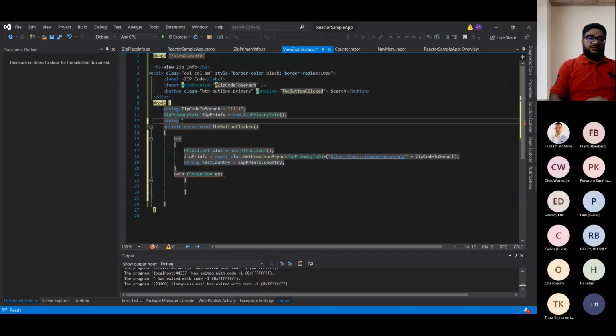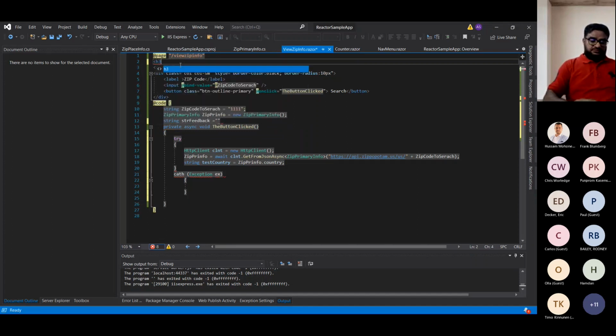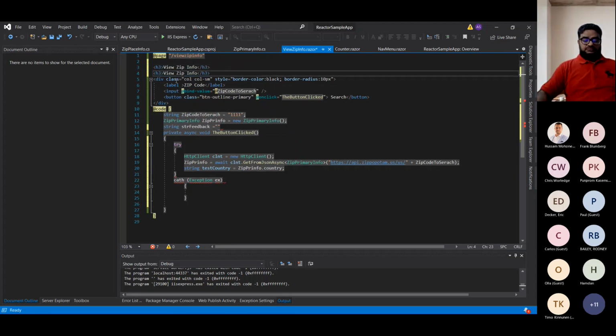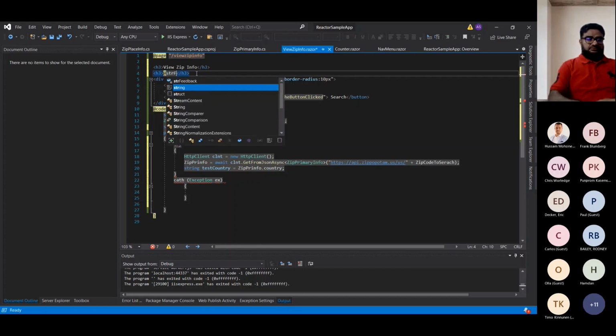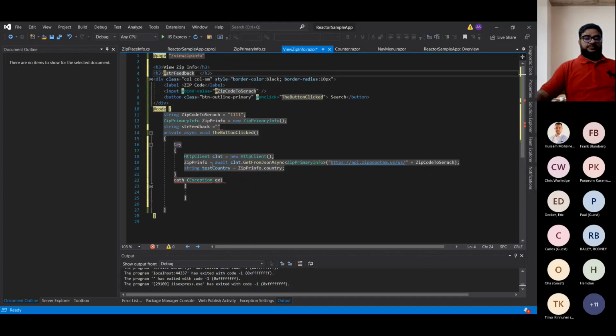Use a string variable to show the result for us to know what happens. Str feedback, and we will use it here. Okay. And here